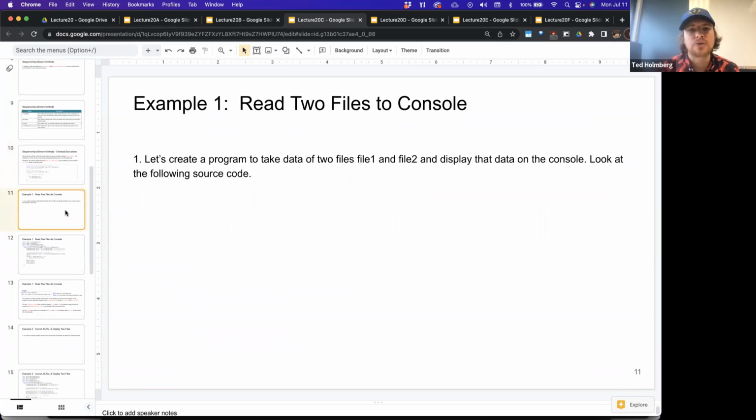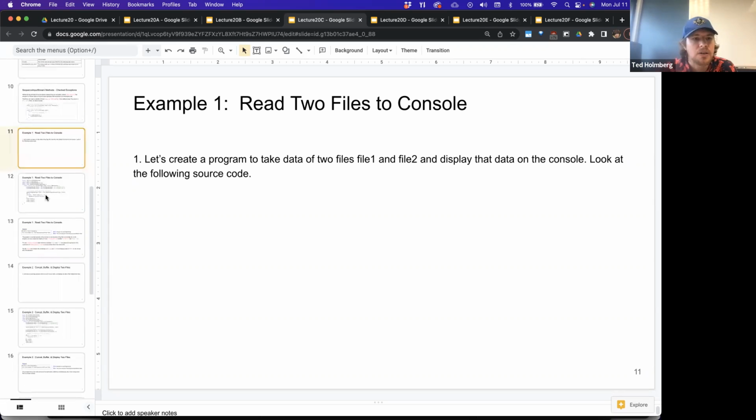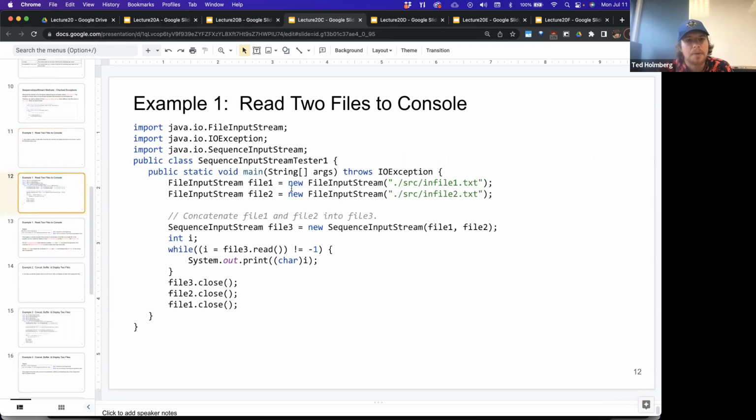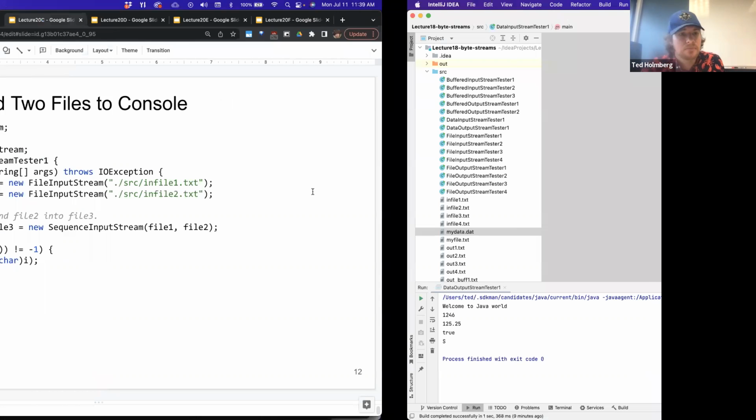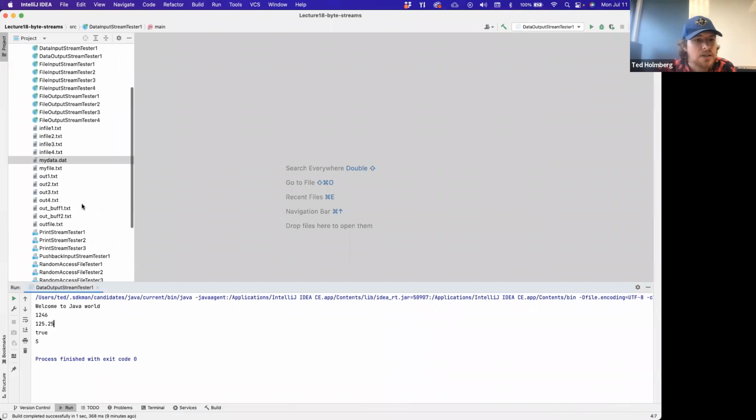Okay, let's look at some actual sample code. So suppose we want to create a program here that takes in data of two different files, file 1 and file 2, and displays that data on the console. So let's take a look at the source code. I have the source code on the slide here, but I prefer to use my IntelliJ. So let's go to the sequence